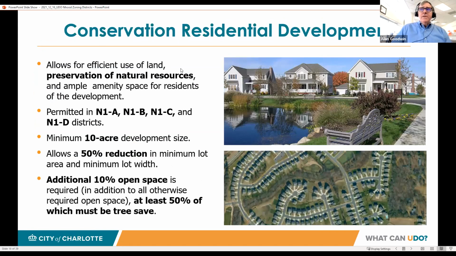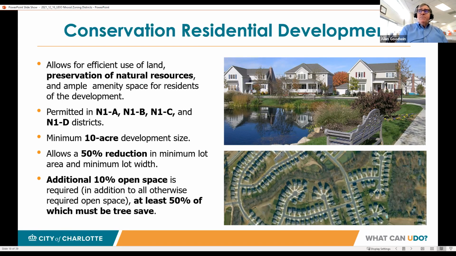The conservation residential development works to help protect existing natural resources, it may be a pond or a lake or a wooded area, by allowing you to reduce the lot size in exchange for additional open space. At least half of that additional open space has to be tree save.